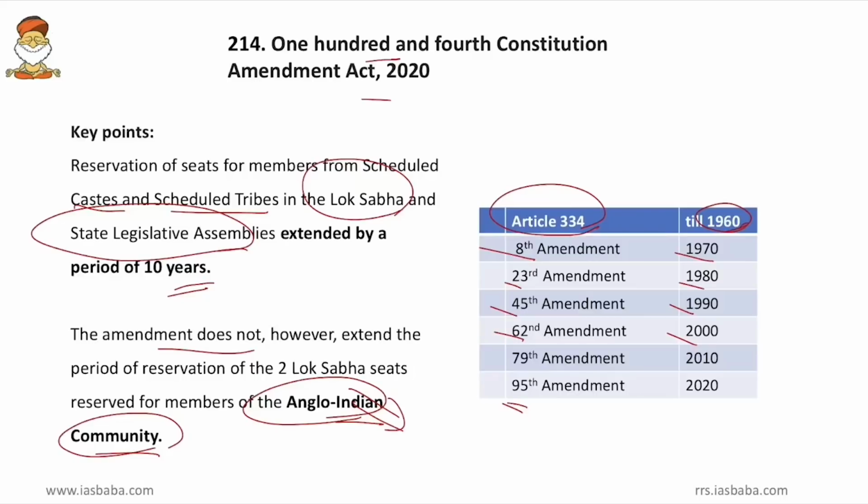So we will remember this as 8234562795. Remember 8234562795 as a phone number, because constitutional amendments are asked in the questions. One year it was asked who was the Prime Minister of India when the first amendment was taken up. In that way, these years and the amendments will become important.